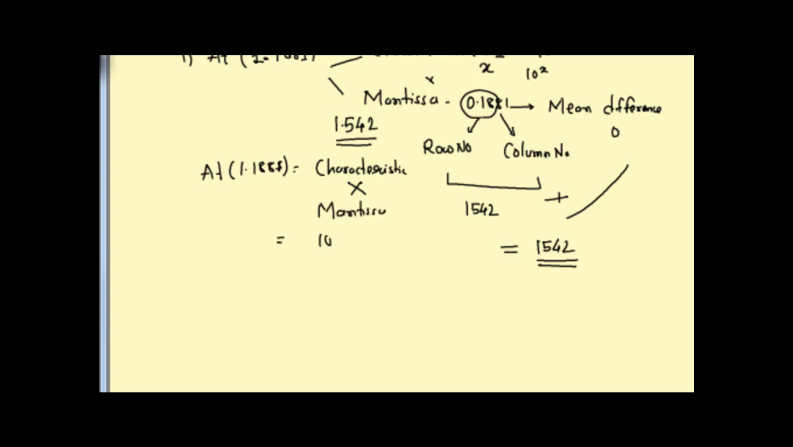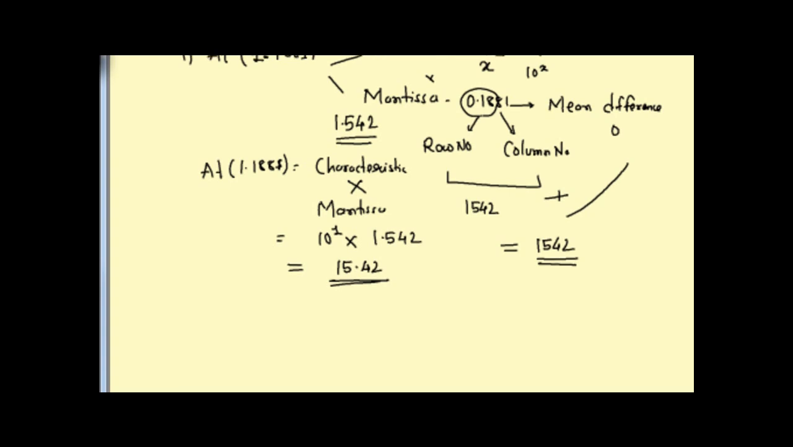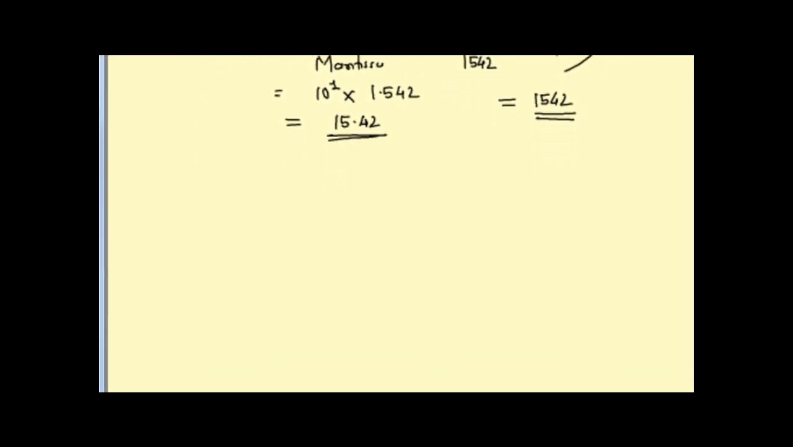Characteristic part is 10 raised to 1 into Mantissa part is 1.542. So that is equal to 15.42. This is the actual value, if you remember, right? 15.42. Second example that we'll take is suppose we have to find antilog of